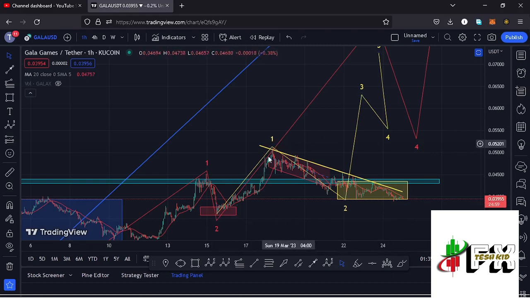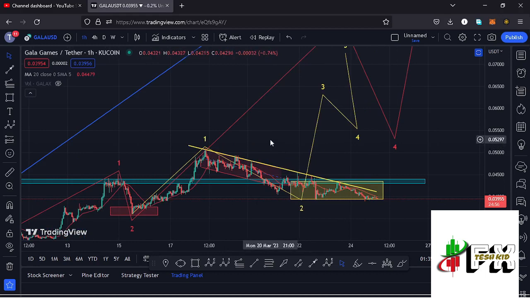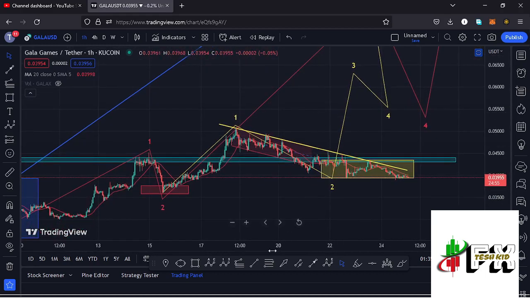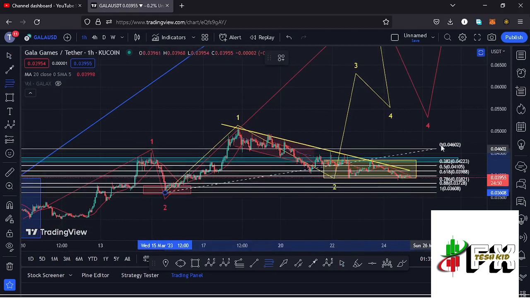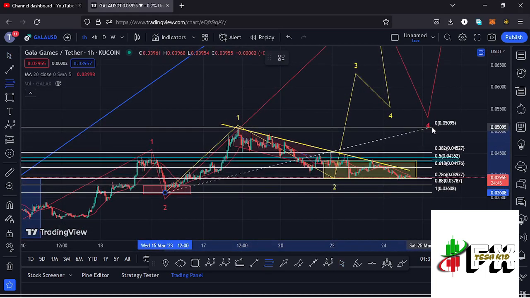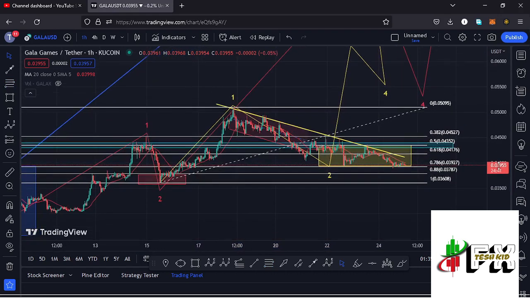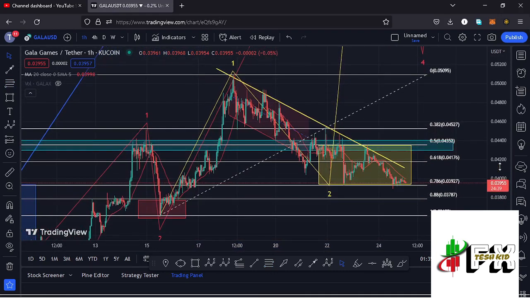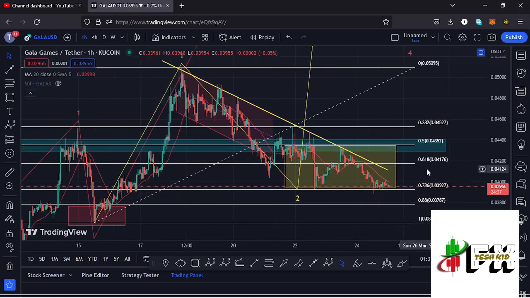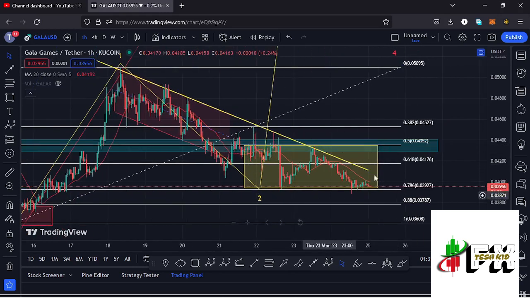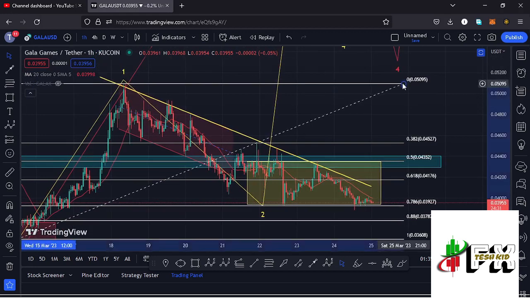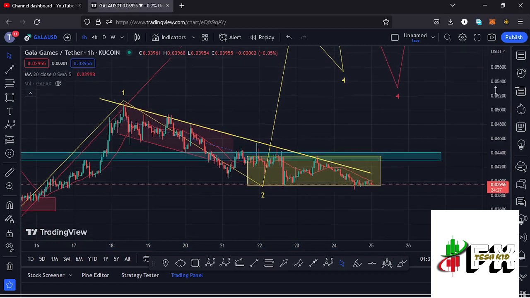And after seeing the high for that first wave, we started a corrective structure in the formation of this wave 2, and using the Fibonacci's, connecting them from the low of the first wave to the high of that wave 1, I was able to come up with a minimum retracement area in the formation of that wave 2 between the Fib level 0.5 and the Fib level 0.78, which is a target area at the time of this recording we have fully maximized. And there are high chances that we have now bottomed out in the formation of that wave 2, and we are going to start gearing up in the formation of that wave 3 to the upper side.